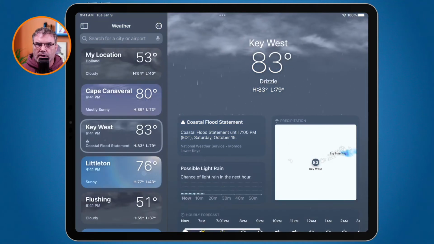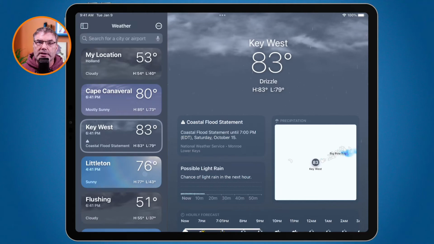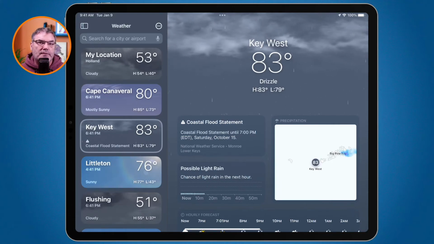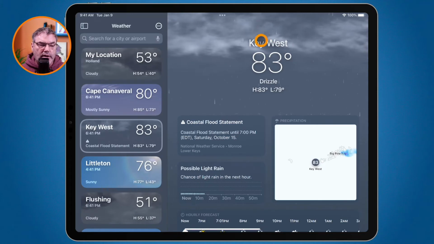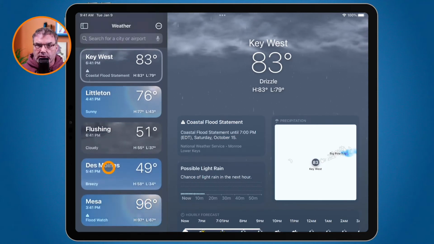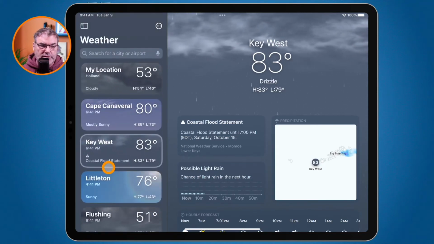Now, in addition to all of this weather detail, we can also set the iPad to give us notifications when there is severe weather in a specific location. We can also have it send us a notification when there's going to be precipitation in the next hour for any one of these locations here. Now, the first thing that you need to do is you need to make sure that you have